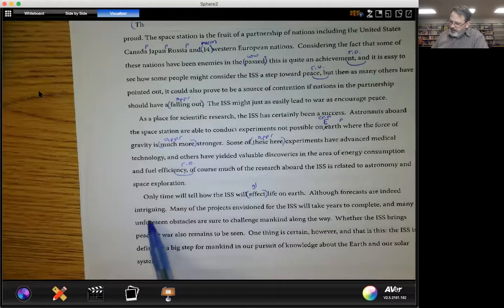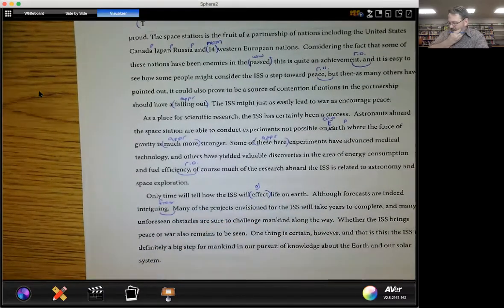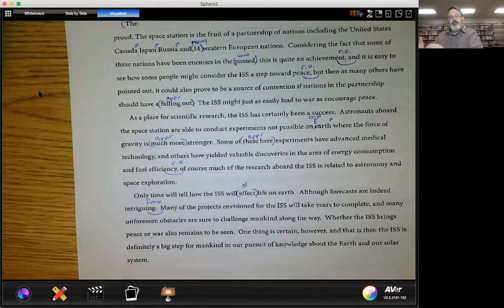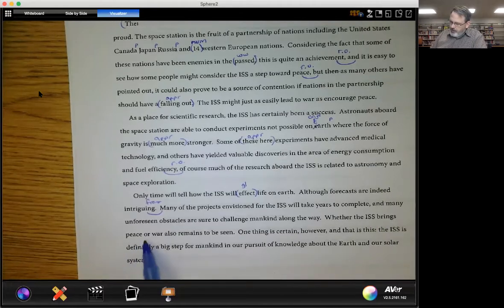Although forecasts are indeed intriguing, that's a sentence fragment. So we need it to continue. That although forecasts are indeed intriguing would be what we call a dependent clause, and a dependent clause needs a comma, and it has to hang off of an independent clause, right? Otherwise, it's not a complete thought. Many of the project envisioned for the ISS will take years to complete, and many unforeseen obstacles are sure to challenge mankind along the way. That sounds good. Whether the ISS brings peace or war also remains to be seen. I like that. One thing is certain, however, and that is this. That is wordiness, I think. What did they say? Yep,